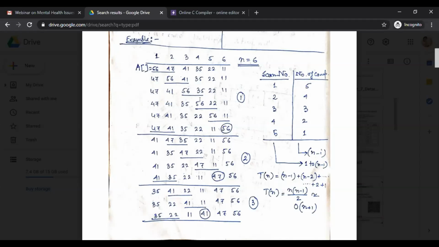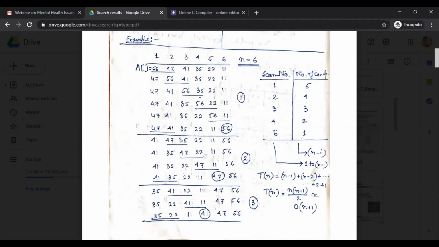Are you getting my point? If we have n elements and we sort n minus 1 elements using some logical operations, then the nth element is automatically sorted.